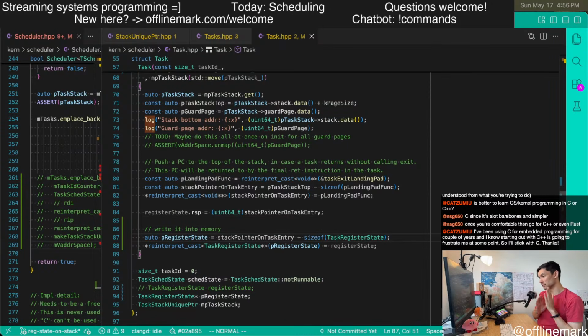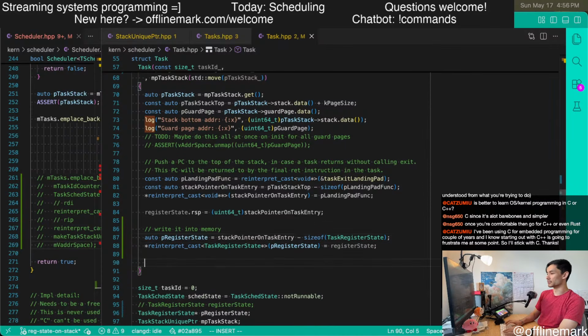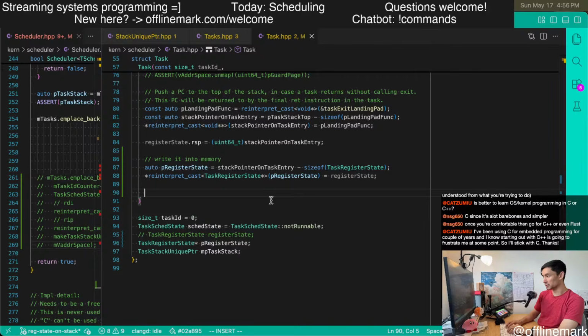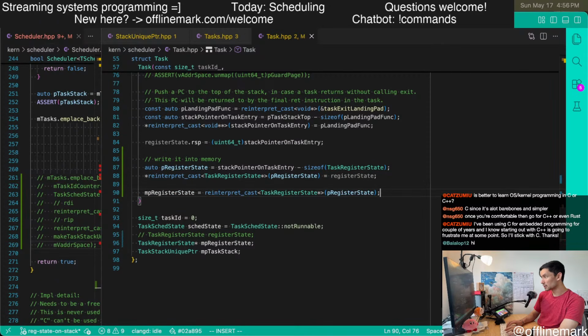So obviously still prototyping, but I think that's the rough idea. And then of course the very last thing we need to do is set p register. Oh, am I aliasing it? I am. That kind of sucks. Called MP register state. Exactly. Maybe NSG can give me the code review on this. But I think that's mostly right.